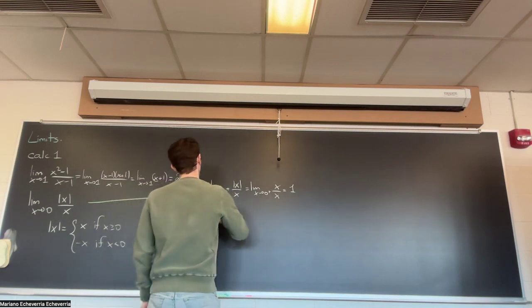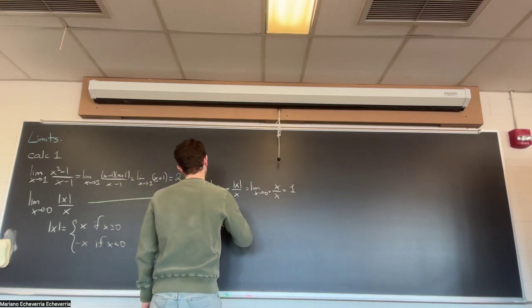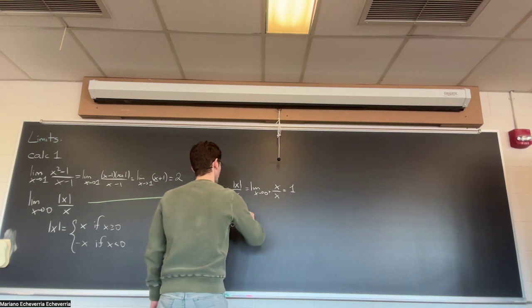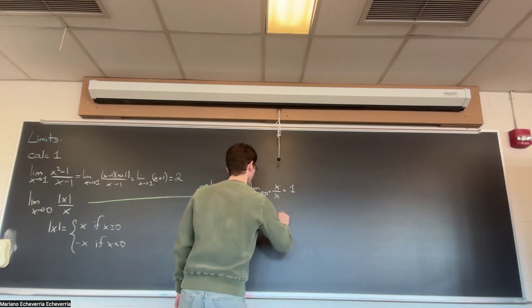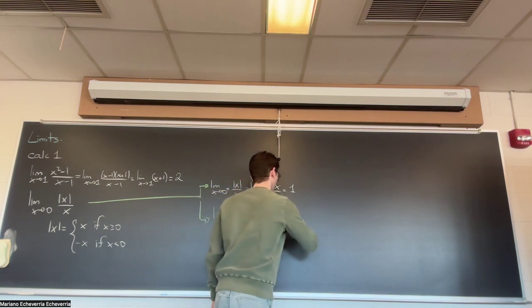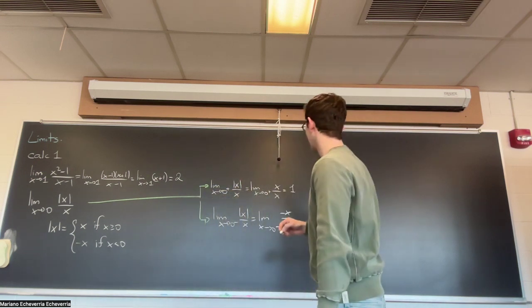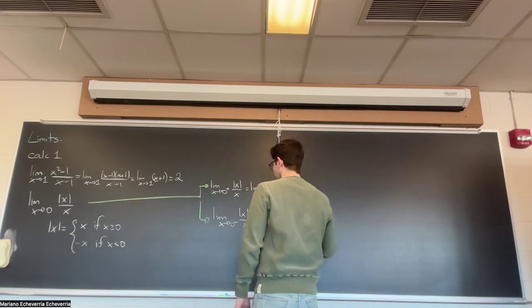And the other one, if you use the other one-sided limit, you would get negative x on the top, and then the x's cancel again, and then you just get negative 1. Right, so if you want,